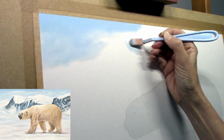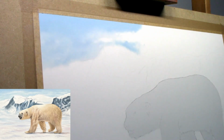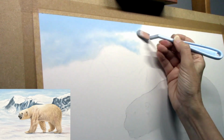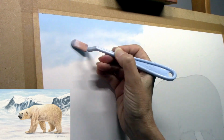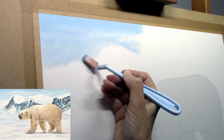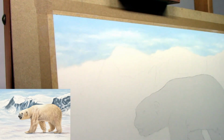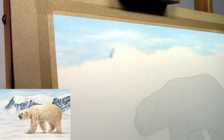Okay, so what I've done, on a separate piece of paper, I sketched out a composition. Then I transferred the finalised lines onto this piece of Clairefontaine pastel matte paper using some graphite trace down. If you haven't heard of that, it's just like a graphite carbon paper. And then I masked out the polar bear because I wanted to keep him nice and fresh. So I just used some Frisket masking film for that. And that way any pastel that actually drops isn't going to contaminate the area where I'm going to be doing the polar bear. So everything in this section's pretty sped up to 300 times, I think I did that, and